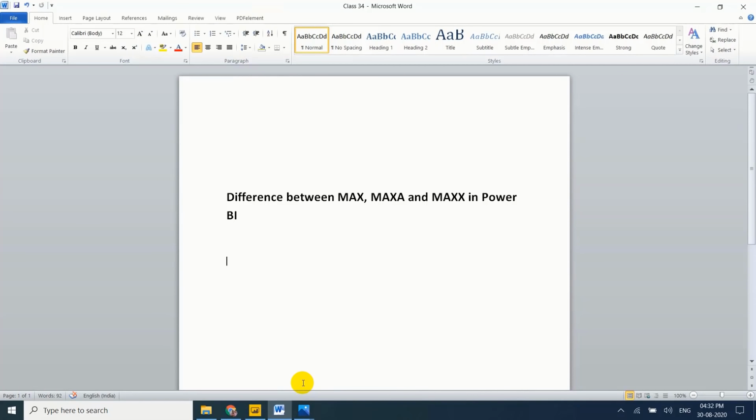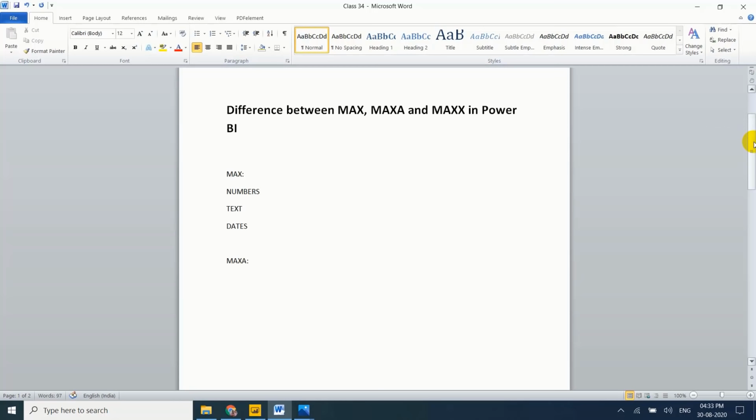So let me write the differences here once again. The MAX function works for numbers and text and dates. MAXA works for numbers, works for dates, it won't work for text.